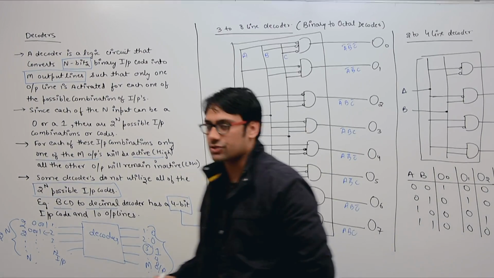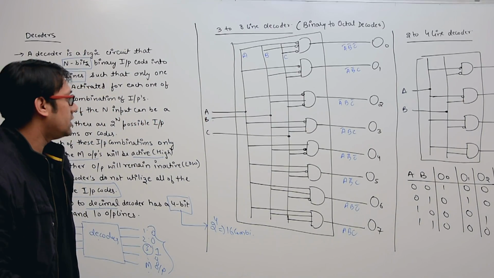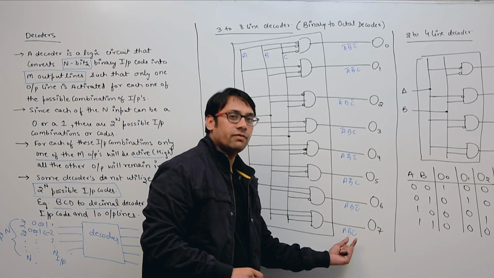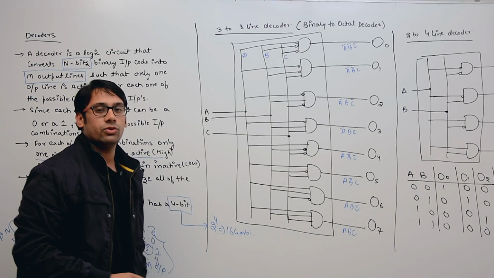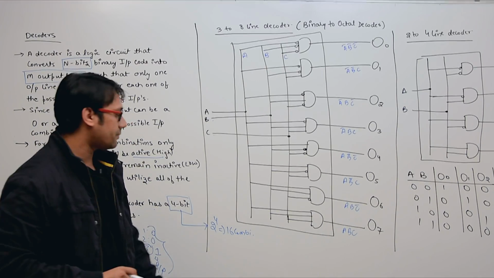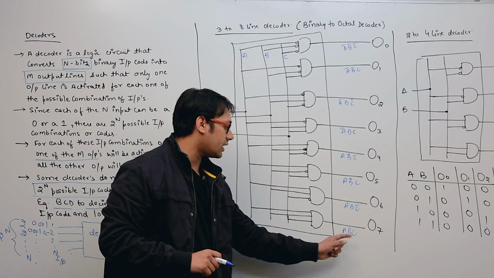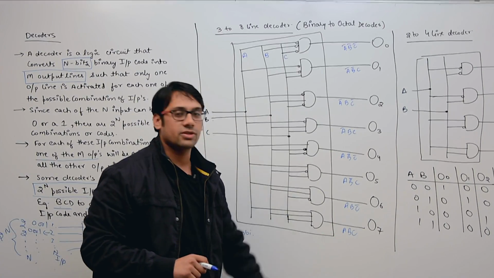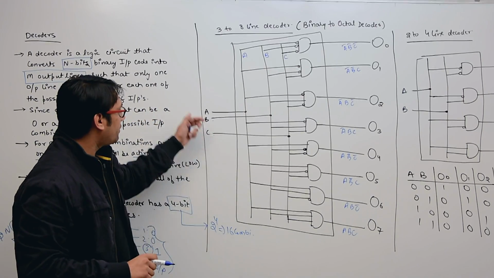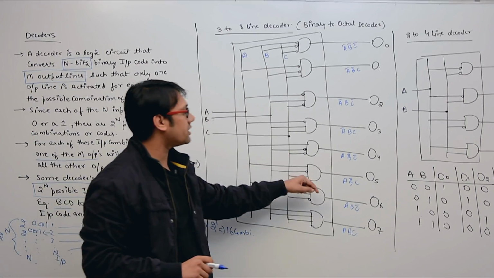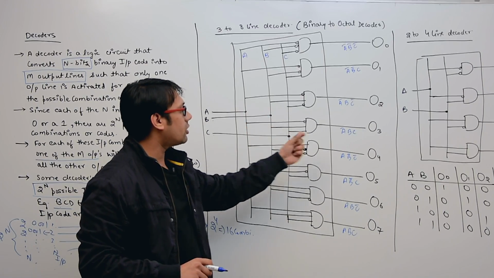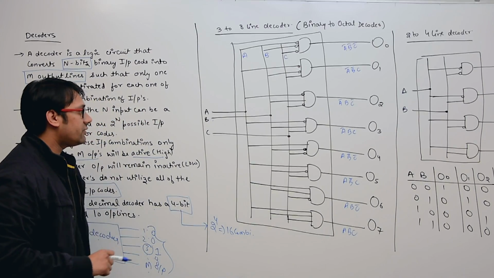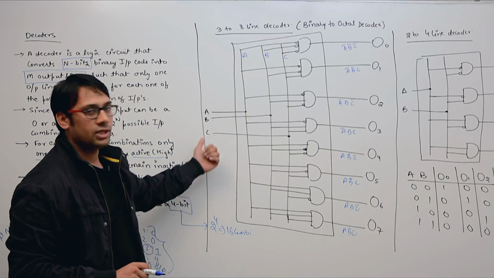Just like the functions, when we discussed minterms, we discussed that with these kinds of combinations, any particular combination will show a true value for only one single combination of A, B and C. For example, this will give a true value only if A, B and C, all three, are 1. If any one of them is 0, then this combination will not show a true value, right? So if we discuss only one single combination, it will return a 1 value only if we have a particular combination of inputs, right?